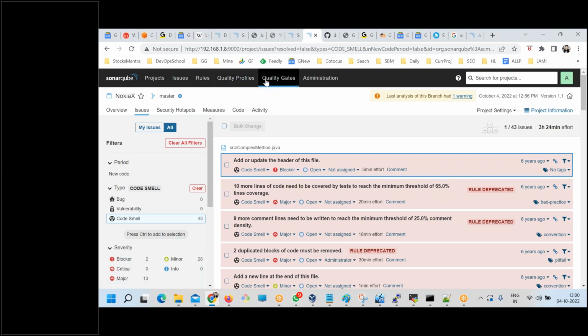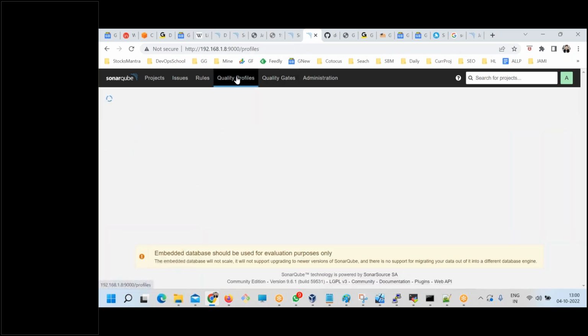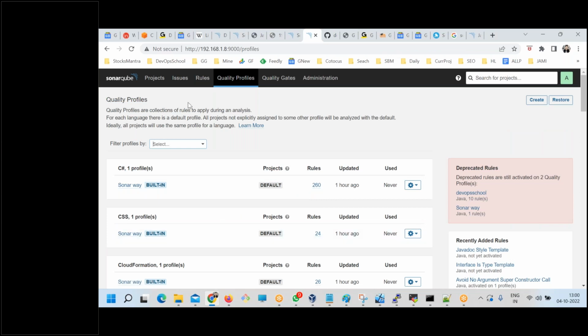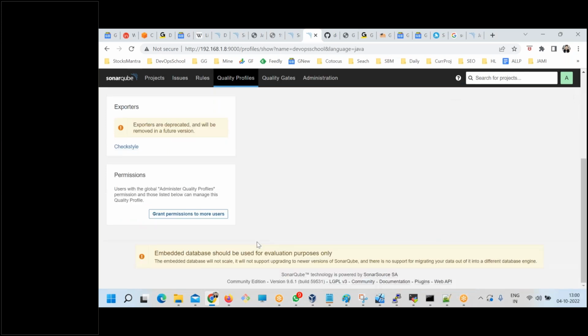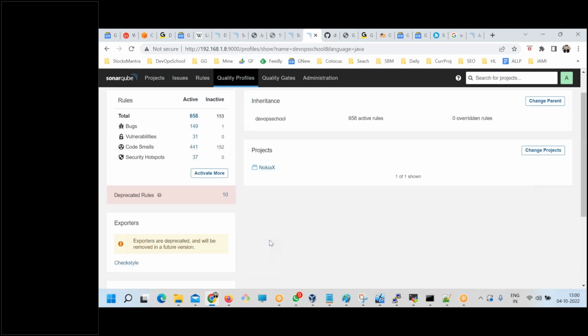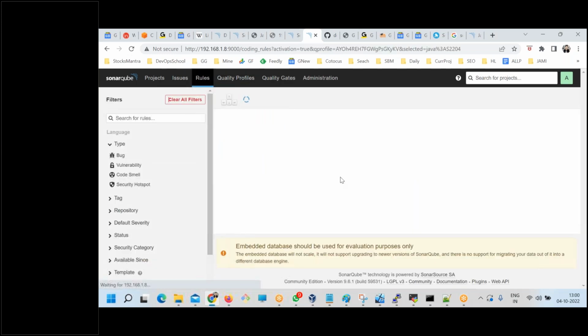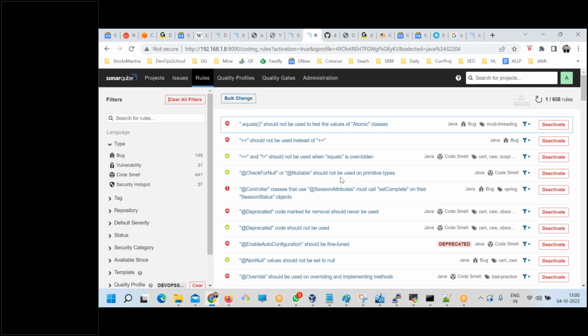If I go to the quality profile, now it's showing a profile. Let us go for the rules. Here there should be a way to change it. If you go to this icon, we can change it. Here it's showing blocker, I guess, or major. Here I need to change it